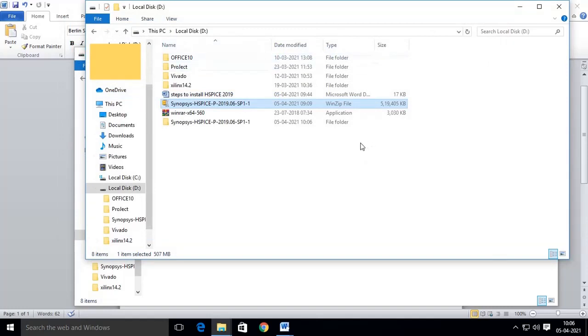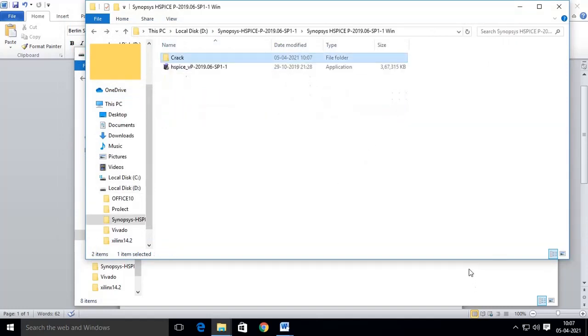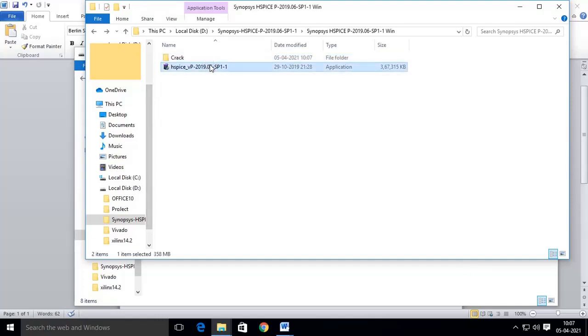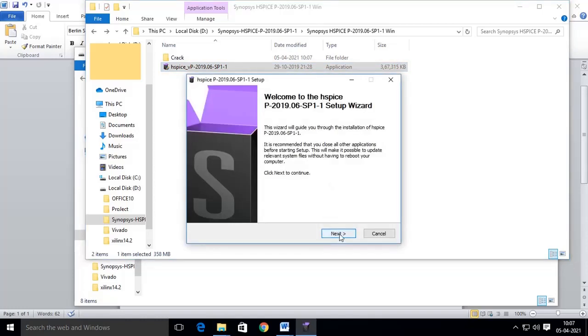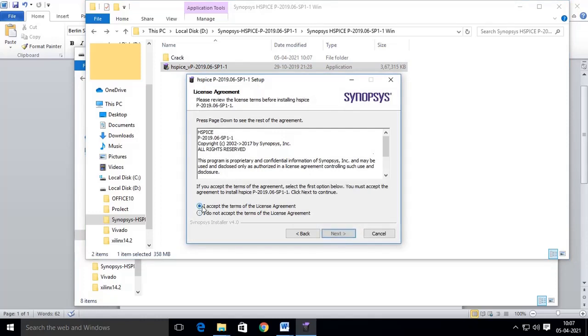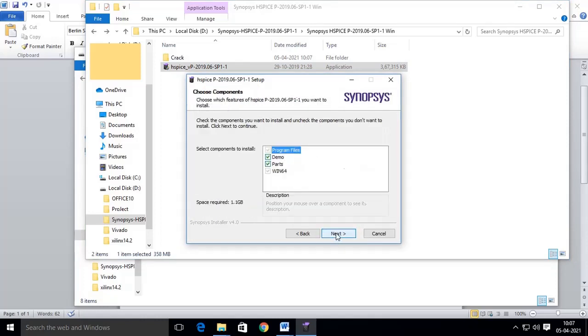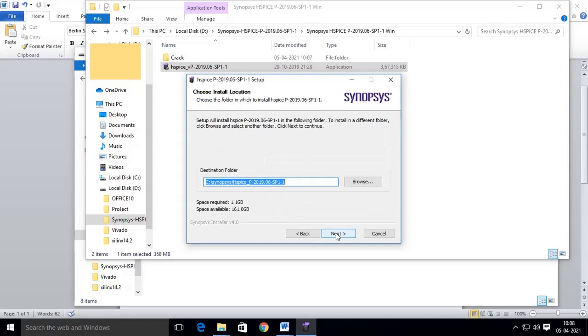After extracting the zip folder, now you have to install the HSpice 2019 version. I'm going to install the HSpice 2019 on my desktop computer. Click next, accept the terms, and next, and next, and next.